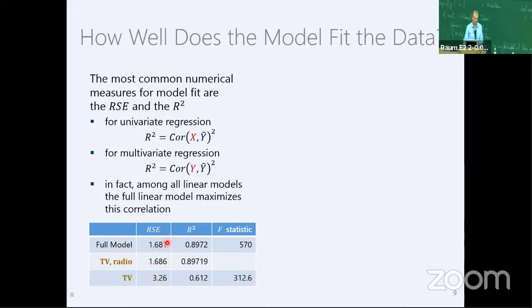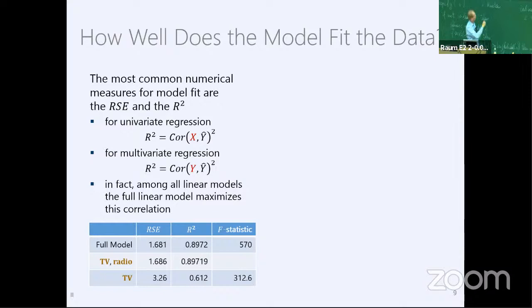So we can see that there is some information, and this is a pretty good model. But for r squared, look, we have for TV and radio a minusculely better model, coincidentally in this particular case. I mean, in general, forget about it, right? It's not that r squared is something you can fully trust, but what you do see is